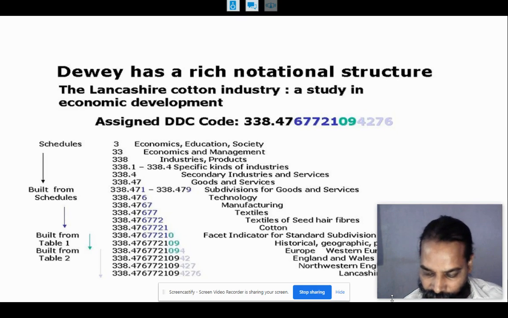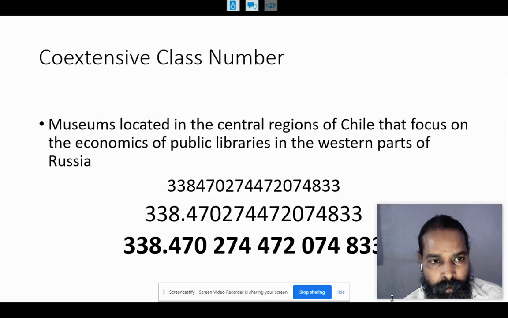So in a similar fashion, we have to give the coextensive class numbers for complex subjects. A complex subject generally represents more than one class number and more than one subject, and it may have more than one table also. So now we will see one example. Museums located in the central regions of Chile that focus on the economics of public libraries in the western parts of Russia. So this number is